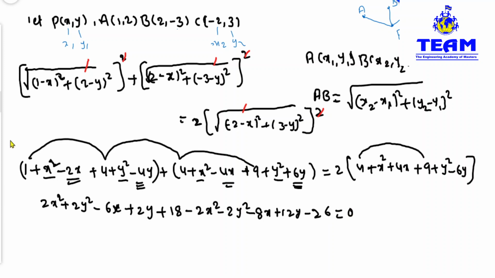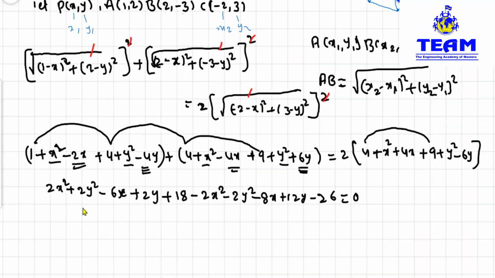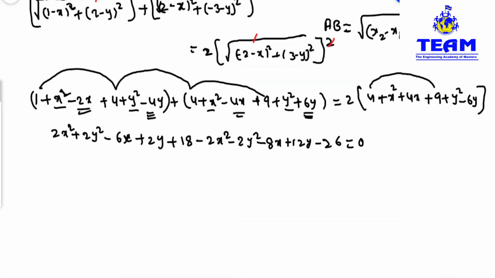Now you observe friends, this is the equation. Now we have to simplify this, then you will get the locus equation. How we will simplify means highest degree terms you write. Highest degree terms what you have first, here you see x square and here you have x square, so plus 2x square minus 2x square getting cancelled, plus 2y square minus 2y square is there, so these are also getting cancelled. Next here you have minus 6x, here you have minus 8x, so minus 6x minus 8x is there. Next what you have, any x terms are there here? No, you don't have any x terms here. Yes or no? Now what you are getting, minus 6 minus 8 is minus 14x.